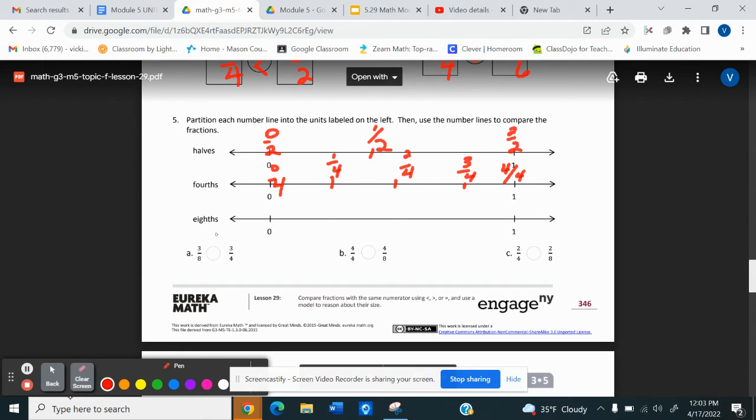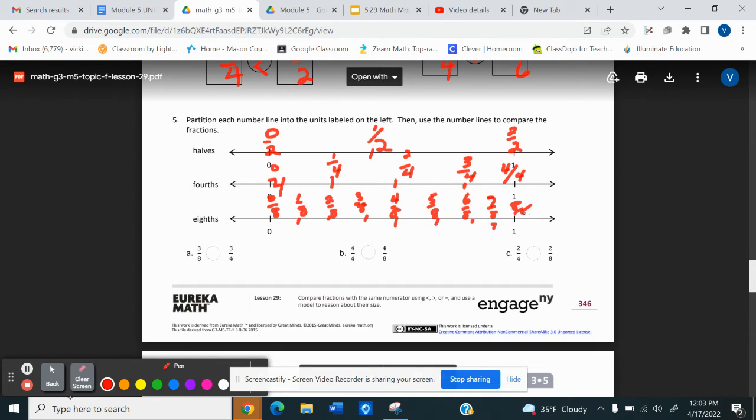The last one, they want us to divide it into eighths. So we have 0/8, 1/8, 2/8, 3/8, 4/8. Should be all lined up. Not doing a very good job. 5/8, 6/8, 7/8,